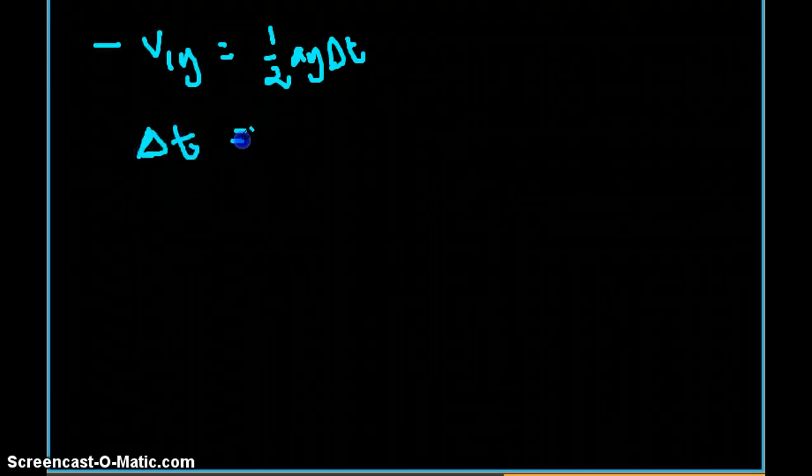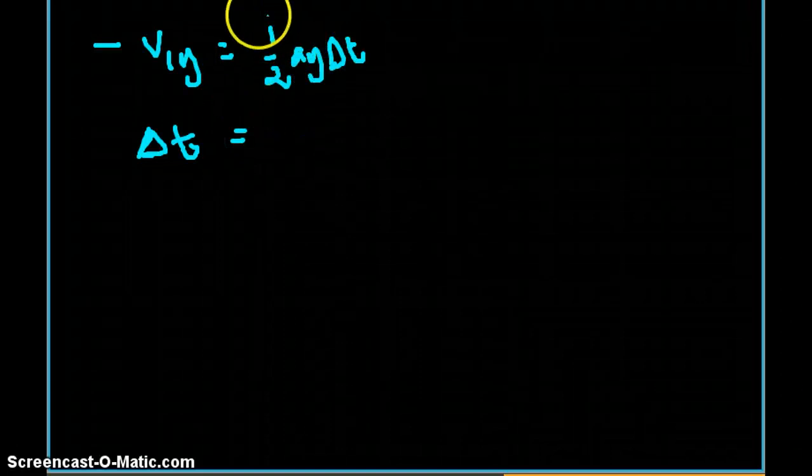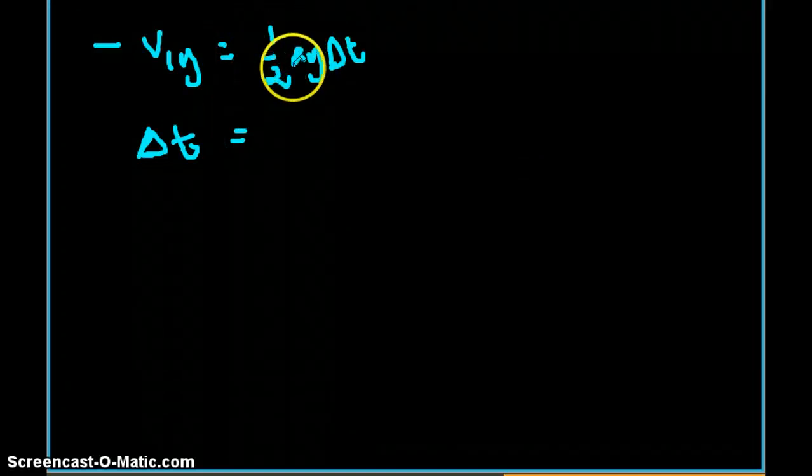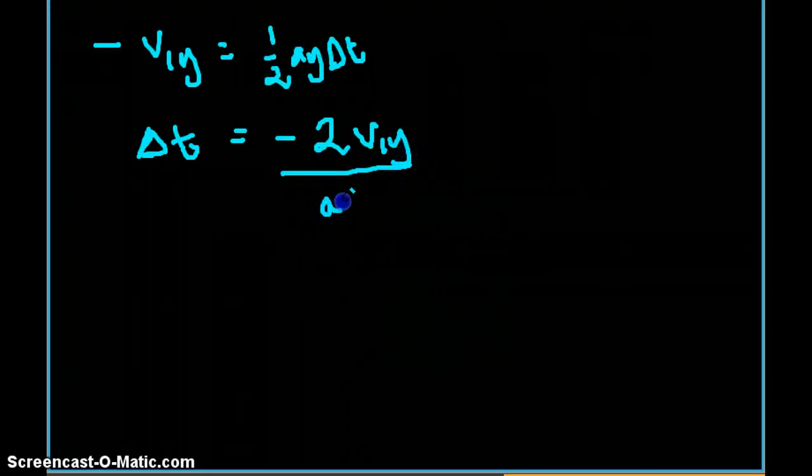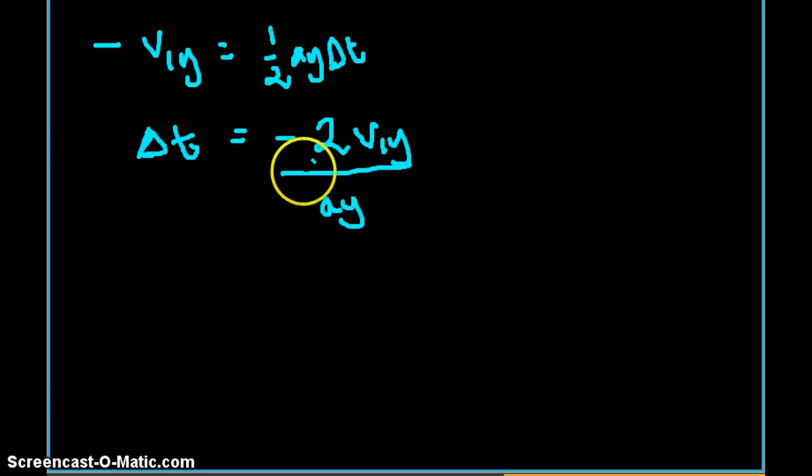So delta t gives me, and I can take all of these things to the other side. If it's a half here, it'll multiply on the other side. So I'd get negative 2 v1y, and because ay is multiplying, it's going to divide on the other side. So there we go. We have an algebraic expression to solve for delta t, and we have all the givens